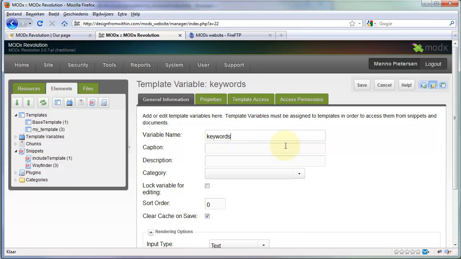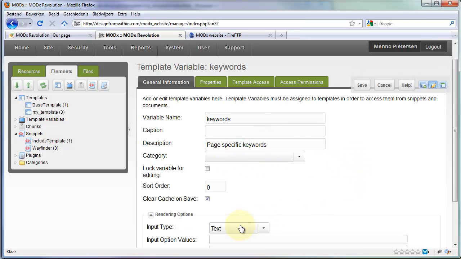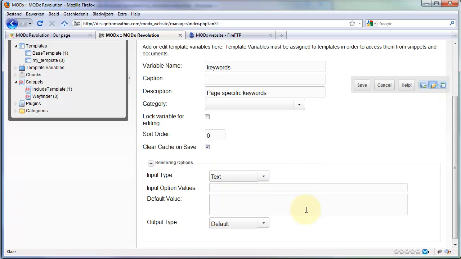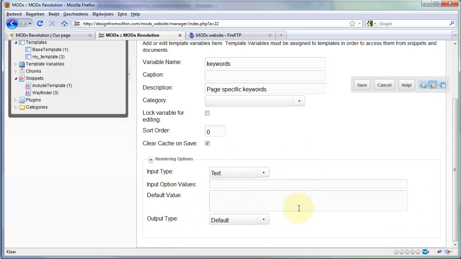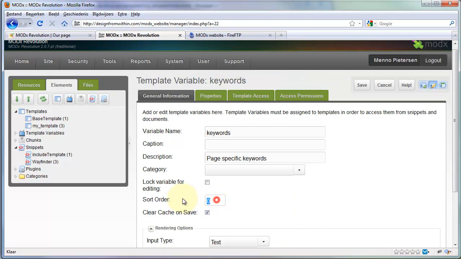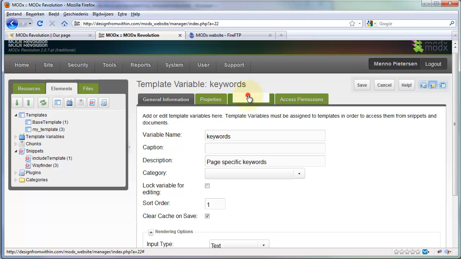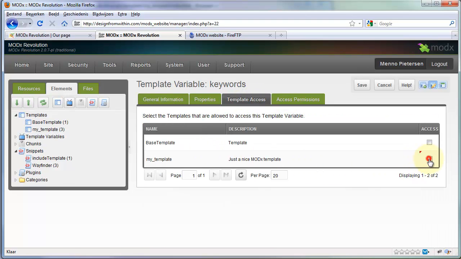Very simple. We can call it page specific keywords, and the input type is simply text. Output type can be default, it's no problem. Give it a sort order of 1